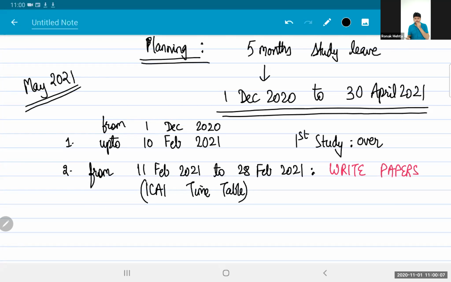On 12th February, you begin studying and write a paper, FR paper for example, then 13th Feb, 15th Feb, 17th Feb, 21st Feb, and like this, you make a timetable. At your home, create an exam environment, 3 hours or 4 hours in case of that elective paper. Study in the same manner as you are going to study during your May exams. You will get 1.5 days from paper number 2 to paper number 8. For the first paper, you will have a lot of time in your May exams. But in these 18 days, write papers at home.